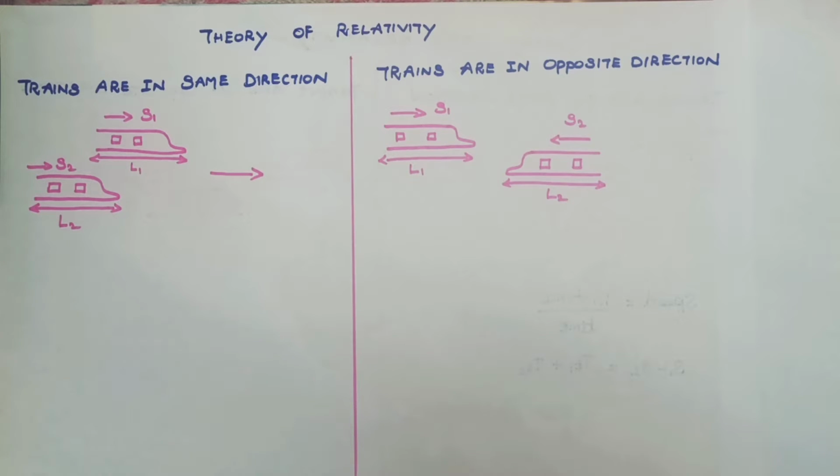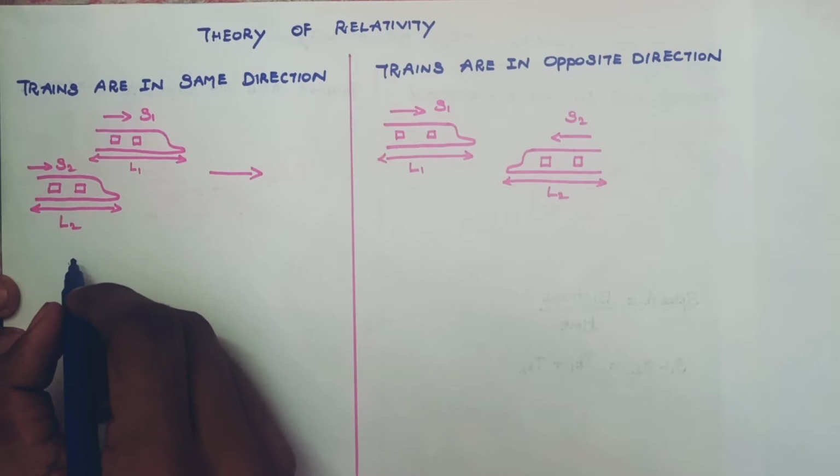same direction. For example, you are traveling in a train running at the speed of 50 km per hour. The other train is running parallel at the speed of 40 km per hour, in the same direction as your train. That means both trains are in the same direction. Now, how much speed do you feel? Your train is running at 50 km per hour, the other train at 40 km per hour in the same direction, then the 40 km is ideal. The remaining 10 km per hour speed alone you will feel, right?